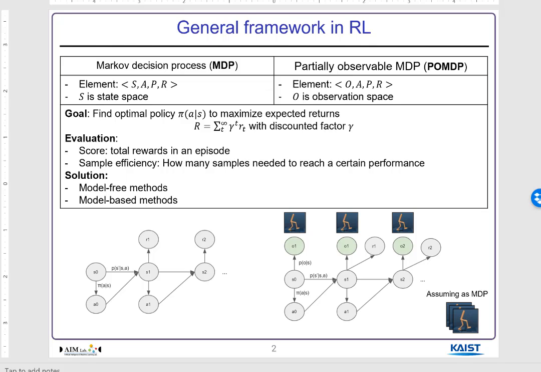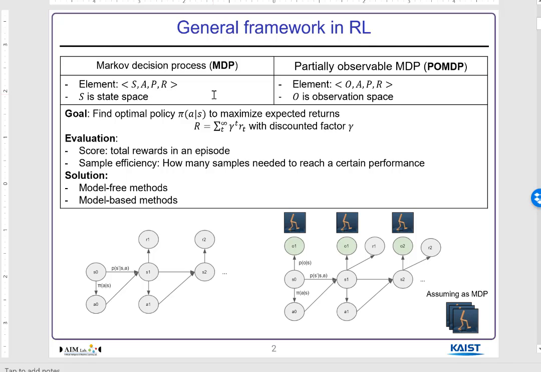and this process includes four main components. First is S, the state space, A is the action space, P is the transition probability, and R is the reward. Usually in reinforcement learning, we assume that the transition probability P is unknown, and an extension